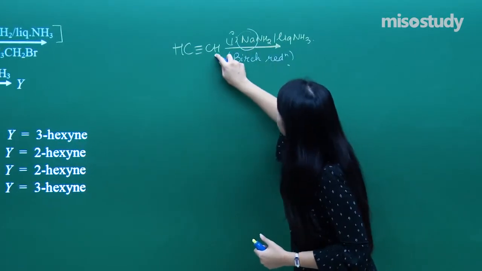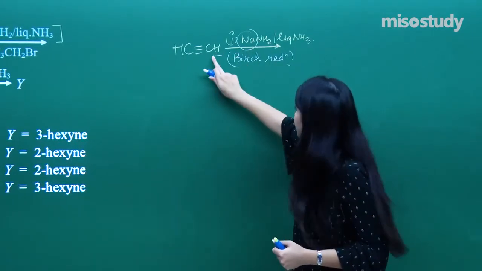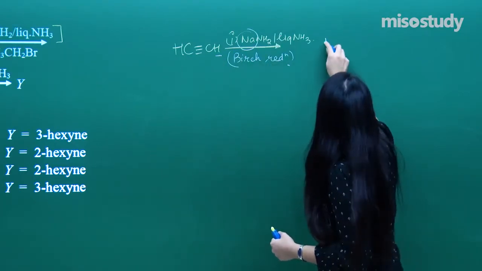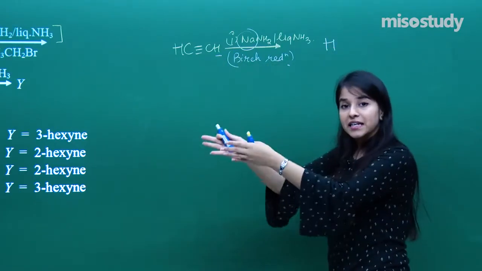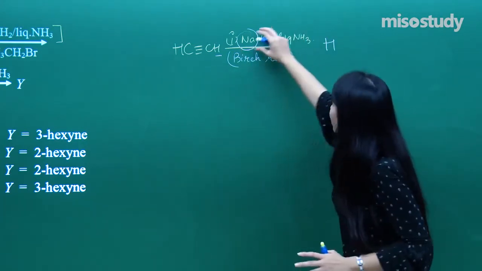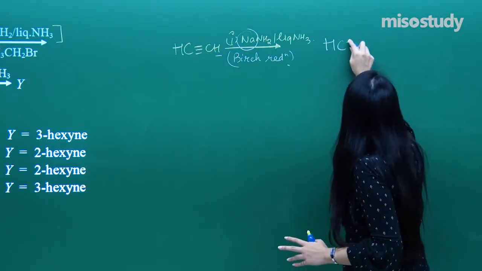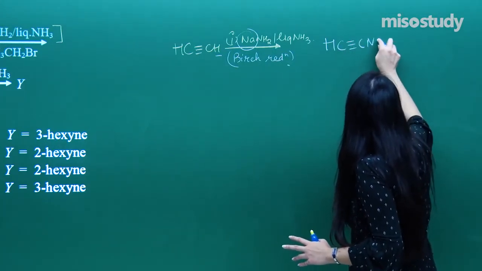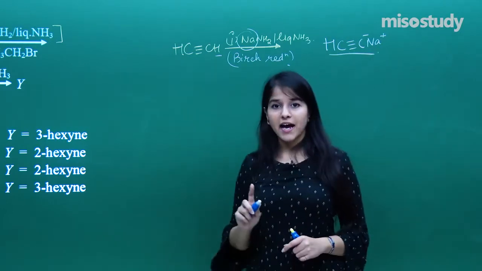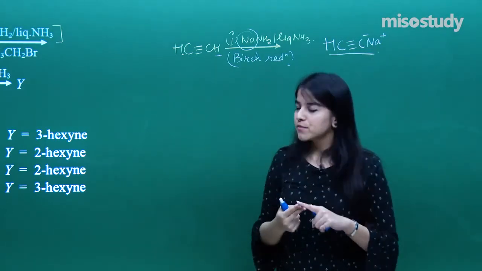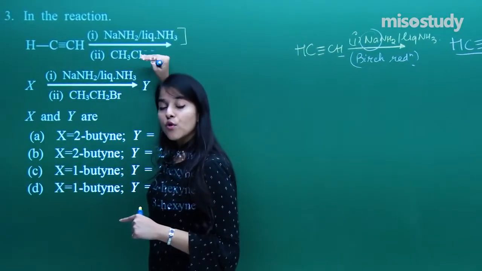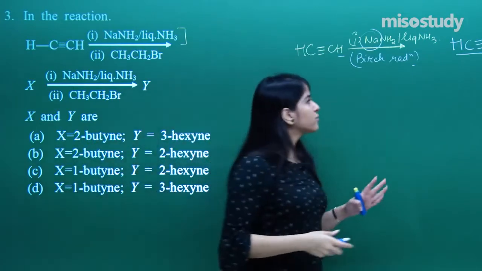Here there is acidic hydrogen, we all know. This acidic hydrogen goes off and Na positive gets attached over here. So in order to increase the series, we actually perform this very reaction. We actually use this very reagent. So CH triple bond C, Na positive, C negative. So that is what we are getting over here in this reaction. Now I need to perform step number 2, that is alkyl halide, that means bromoethane. So I need to react it with bromoethane.